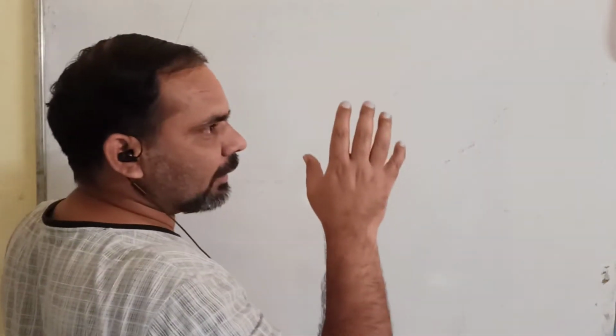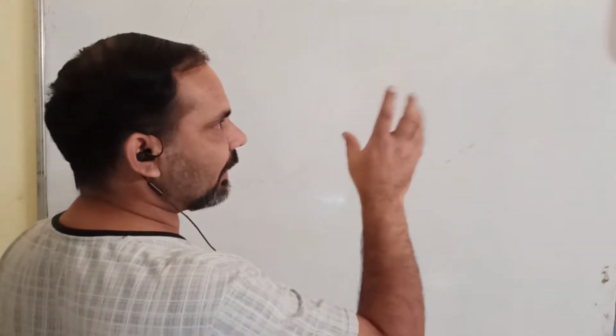Okay, first thing is that from here onwards, means from class 11th onwards, you will be finding all the units in the SI system. What is SI system of units, how it came into existence, what was the need of this SI system, that we will study in chapter number 2, when we will start the chapter number 2. So I'm not going into depth of that SI system, but from here onwards we will study all the units in SI system.